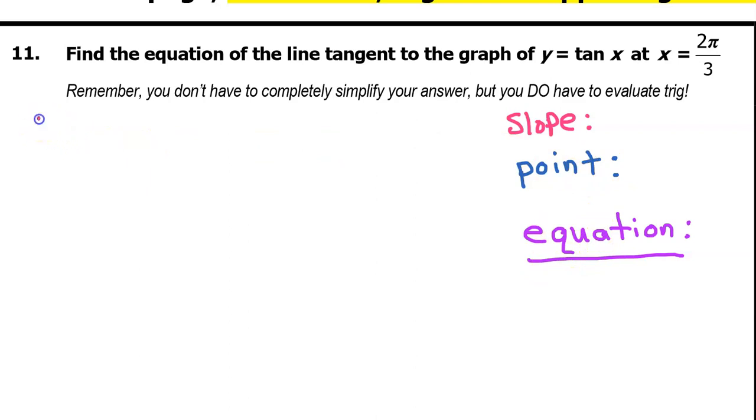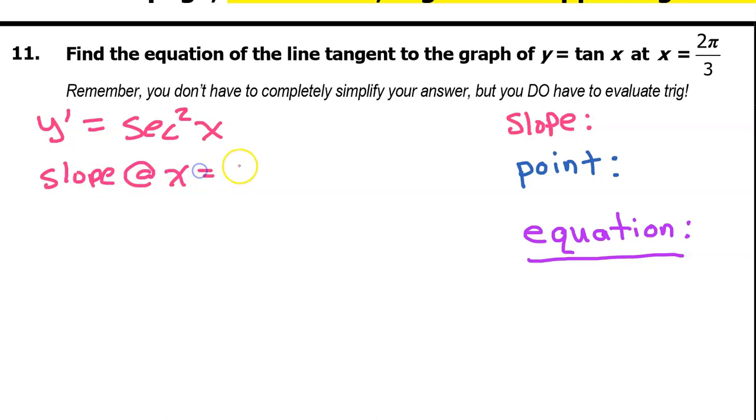So in order to find the slope, I'm going to find the derivative, because the derivative is a formula that will give you the slope at any point. So what is the derivative of tangent? We've memorized that the derivative of tangent is secant squared. So this is a slope formula. This will give me the slope at any x value. So what is the slope at x equals 2 pi over 3? All right, that's the x value that they gave us. So that slope is going to be